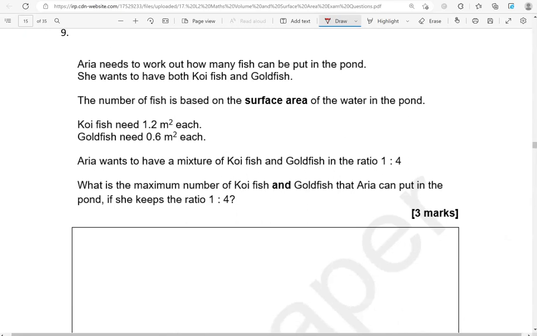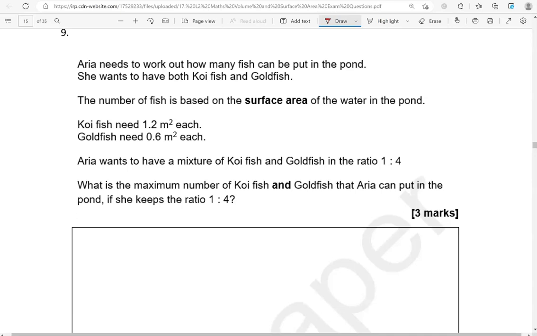Aria needs to work out how many fish can be put in the pond. She wants to have both koi fish and goldfish. The number of fish is based on the surface area of the water in the pond. Koi fish need 1.2 square meter each. Goldfish need 0.6 square meter each. Aria wants to have a mixture of koi fish and goldfish in the ratio 1:4. What is the maximum number of koi fish and goldfish that Aria can put in the pond if she keeps